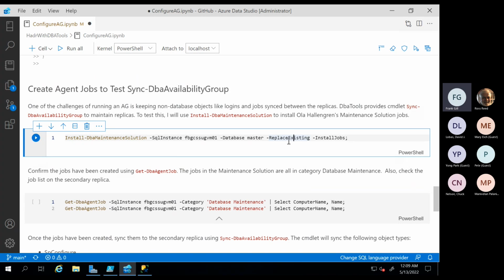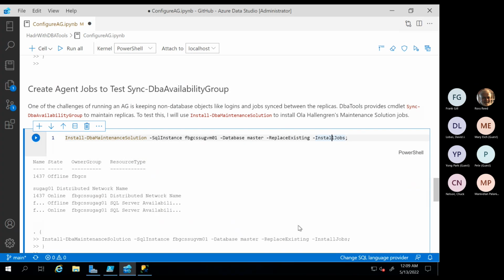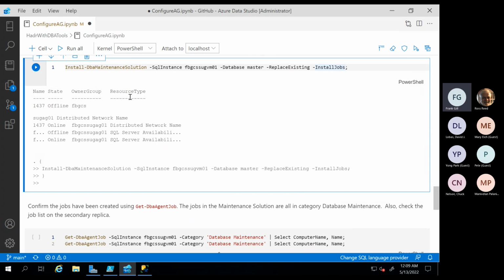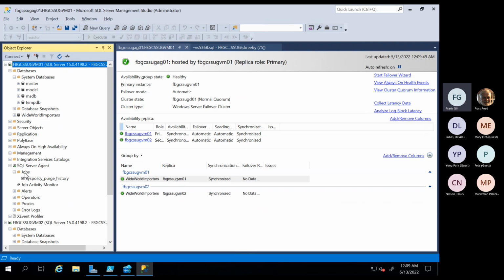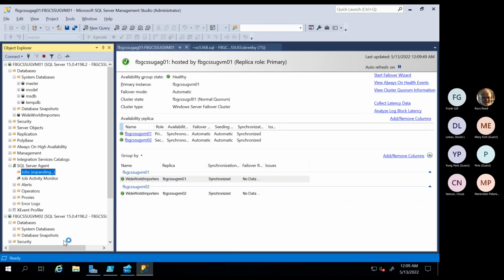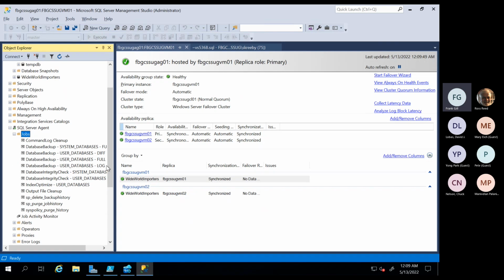Replace existing says if it's already there, overwrite it, and then install jobs is going to create 7 agent jobs to do database backups, index maintenance, and integrity checking. So let me run this. And I need to talk to the people who run Azure Data Studio, because sometimes it will show me the output from the previous code block, which is what it's done here. But if I come back over here, refresh my agent jobs,